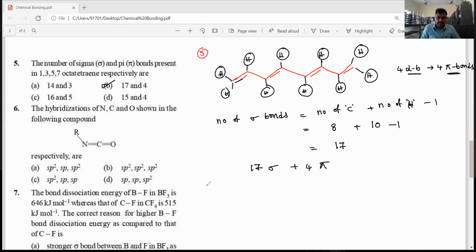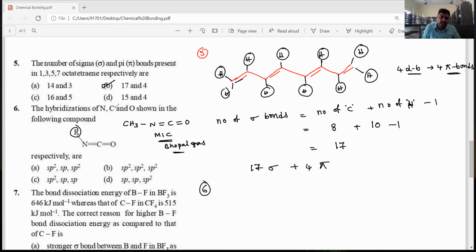Okay, students. Let's see the sixth question. The sixth question is isocyanates. This is alkyl isocyanates. Here R, if you take the CH3 group, then CH3, N, C double bond O is nothing but methyl isocyanate, MIC. This methyl isocyanate is a very poisonous gas and it is also called Bhopal gas. The Bhopal gas tragedy, this was released in the Bhopal area, in 1984. That MIC, methyl isocyanate, is a very harmful gas.